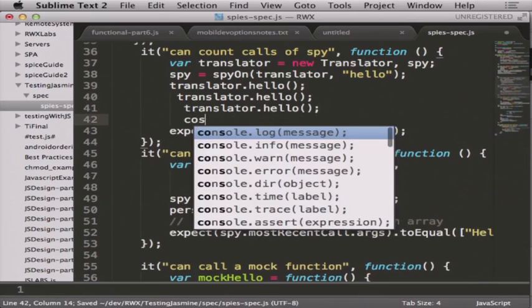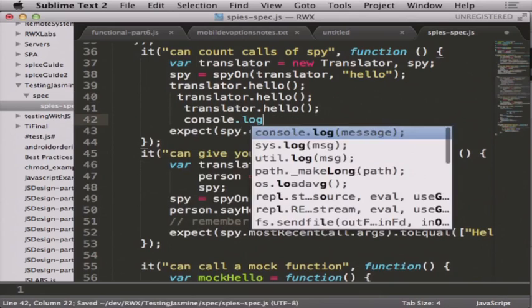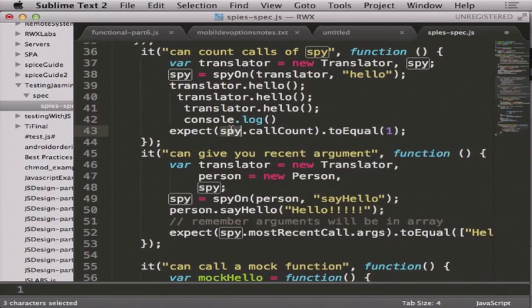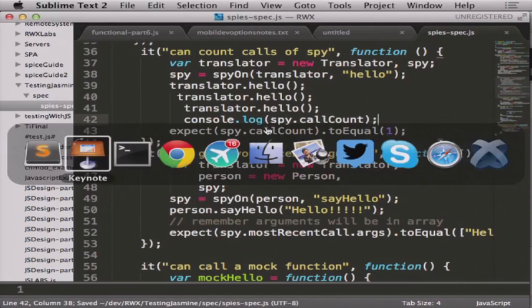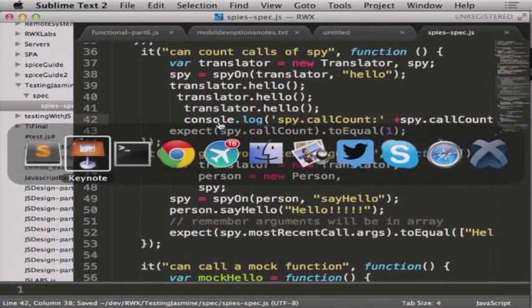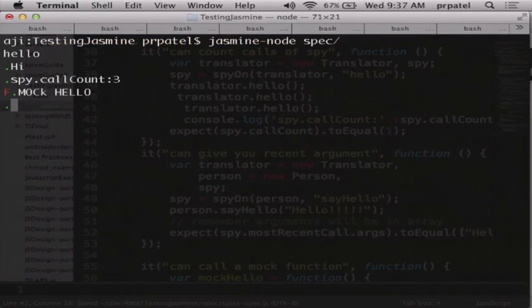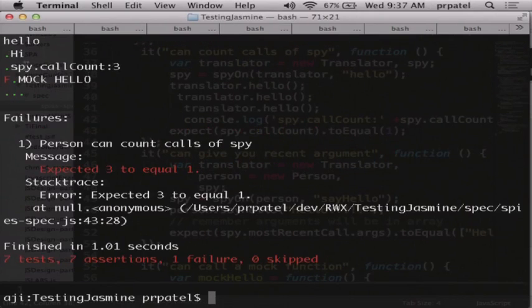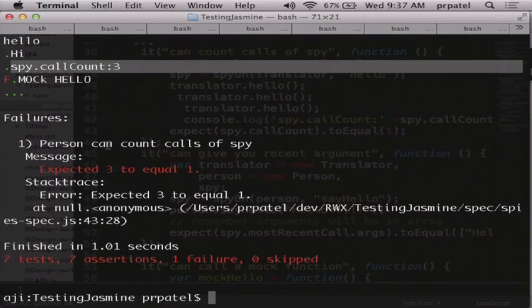Okay, and also let's actually see what that number is. So we can just reach directly into the spy here and say console.log, give me the call count, and we'll print this out. Actually, let's add a little thing to this so we get a better readout. Now if we run this, you can see that here's my spy.callCount was 3, and it says